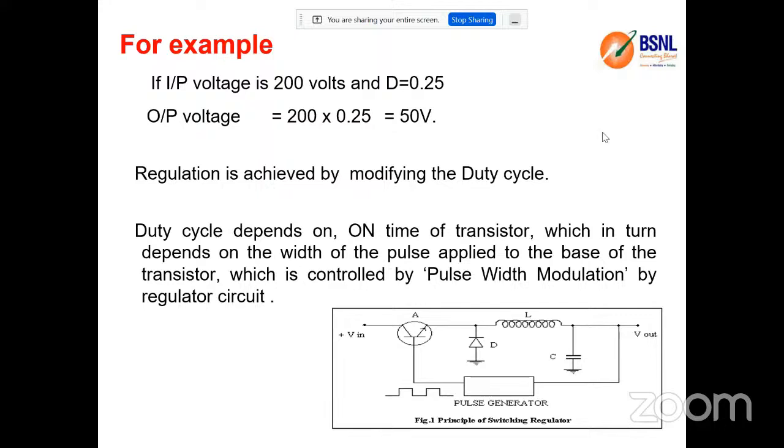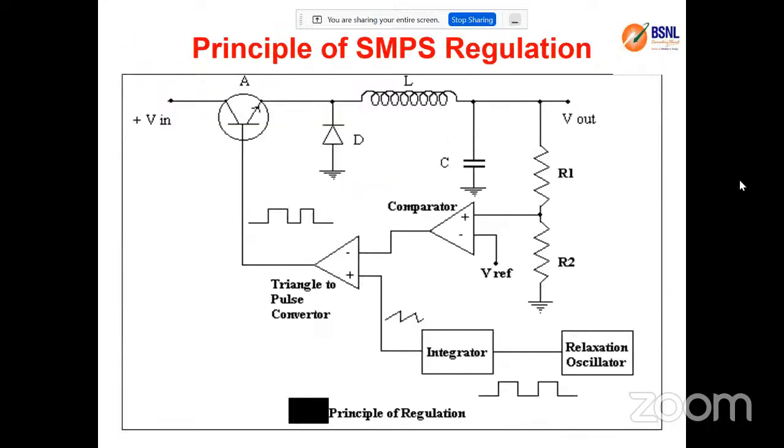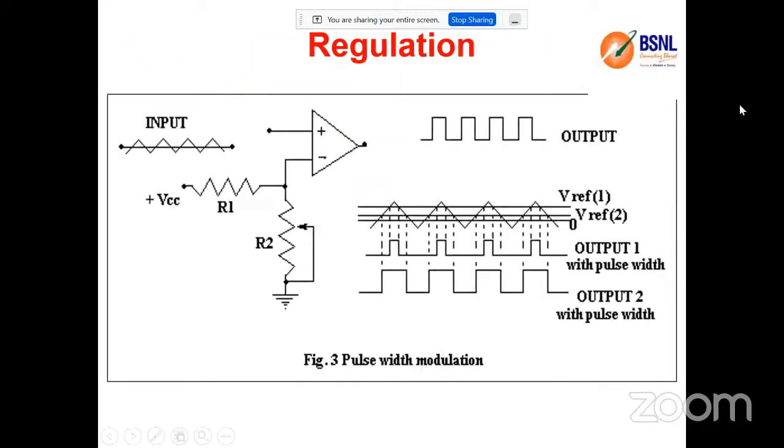Duty cycle is nothing but how much percent. That's why I said here it is 25%, meaning 25% of the 200 is given as output. That means 50 volt. If my duty cycle is 0.5, my output voltage will be 100 volt. Okay, sir, clear? Fine. This is how we can put the references: what my expected output voltage is and how it gets varied. All these things are done with the help of the comparator modes and the reference model. This is why it is called pulse width modulation.